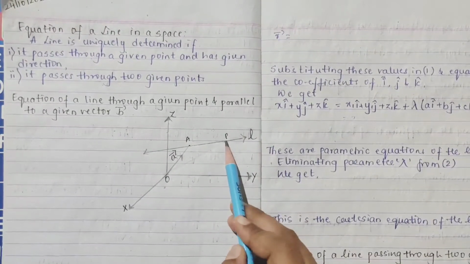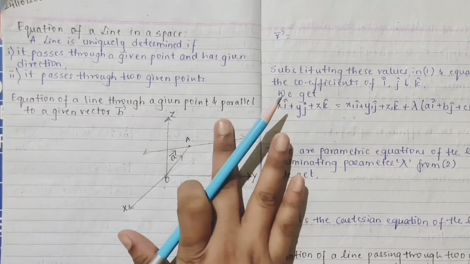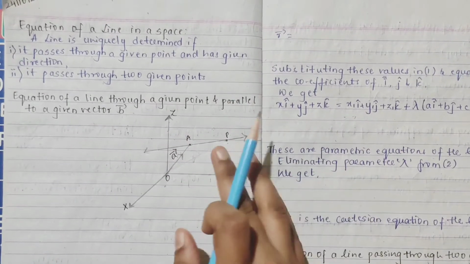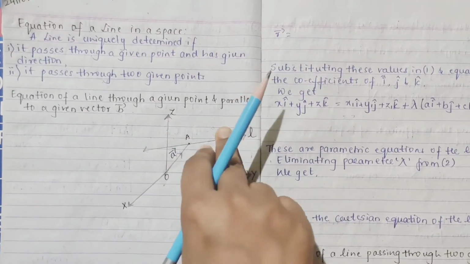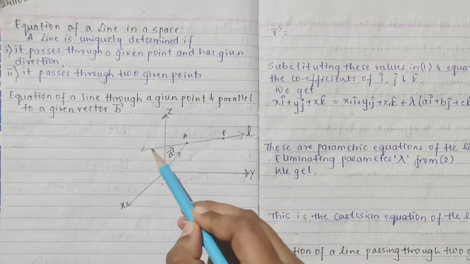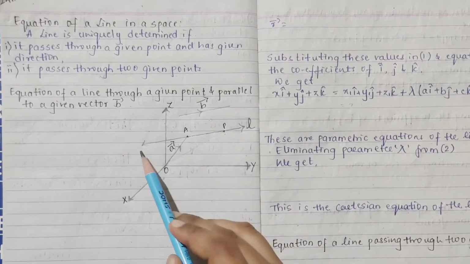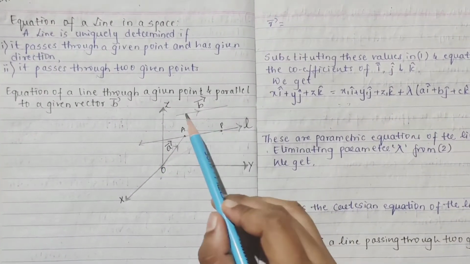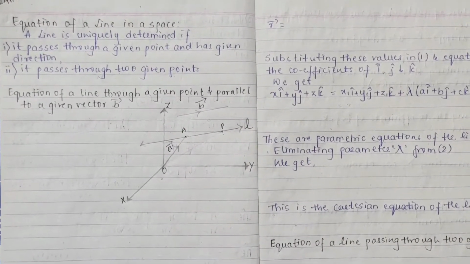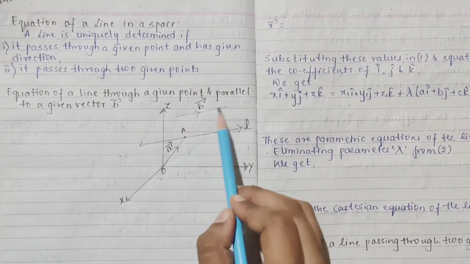Before pointing our point P, let us make a line passing through the point A. First we are taking a point A, the position vector of this is vector a, and then we are making a line L passing through the point A. You have done already passing through a point. Okay, this L is parallel to your vector b. This vector b they have given, right? So this line is parallel to this.